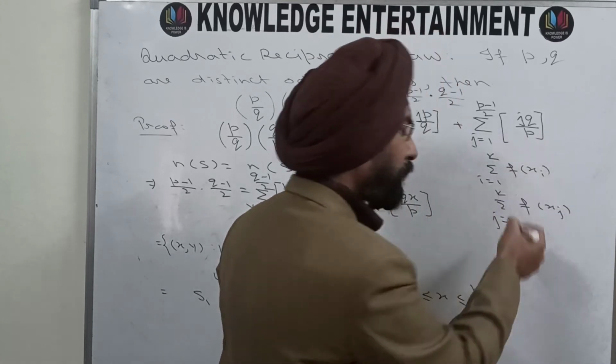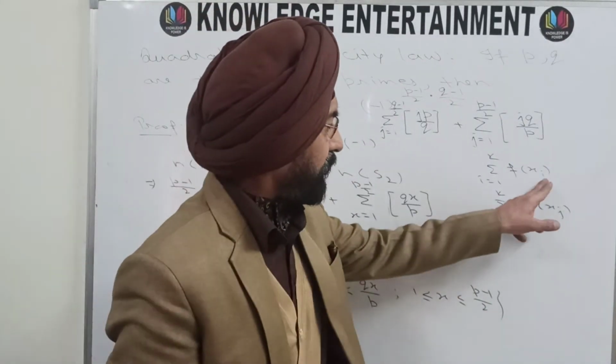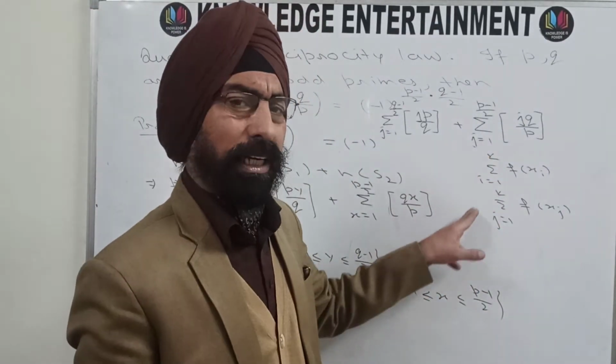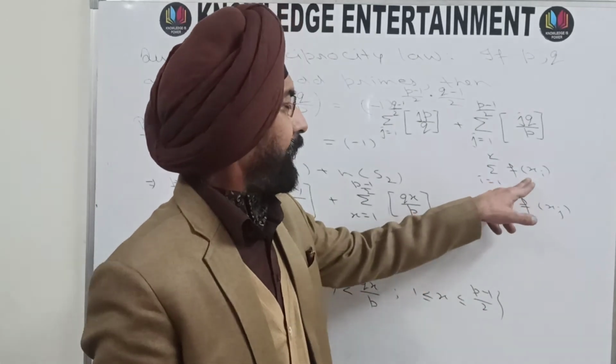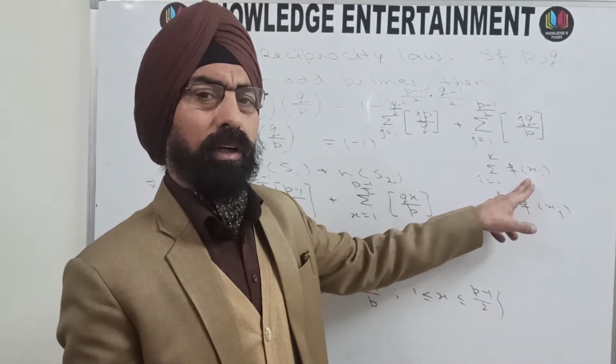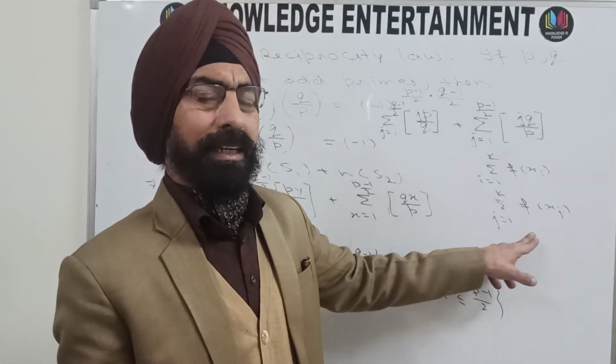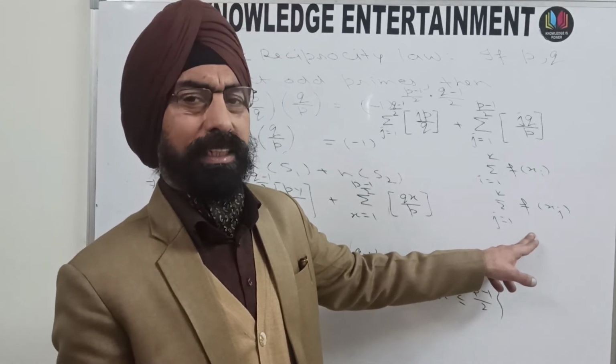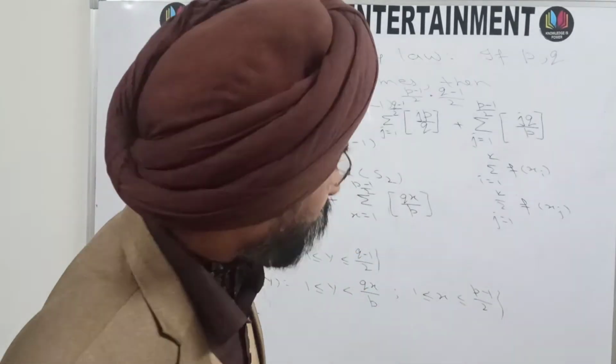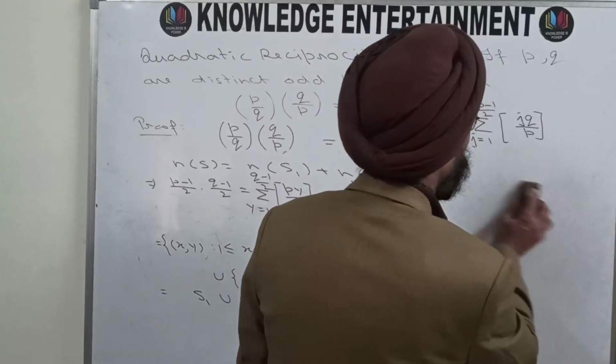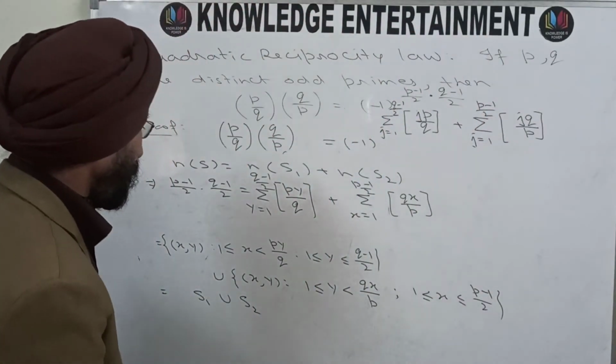We know that sigma f(x_i), i varying from 1 to k, or sigma f(x_j), j varying from 1 to k, are the same thing, because if you change the variable here, you have changed the variable outside also. This will give you f(x1) plus f(x2) plus f(x3) and so on up to f(xk). It will also give you the same thing. So that is what I'm going to use here: I'm going to change the indices.